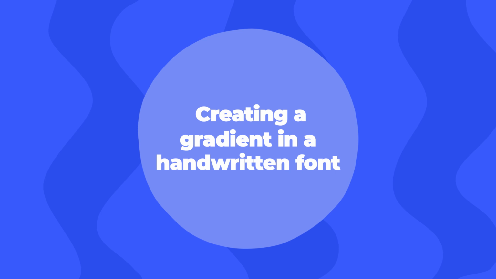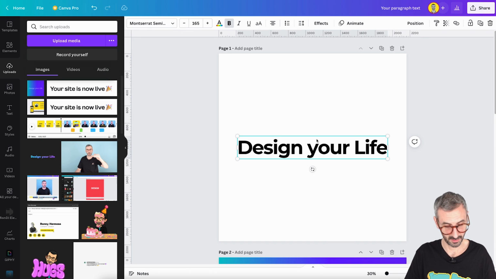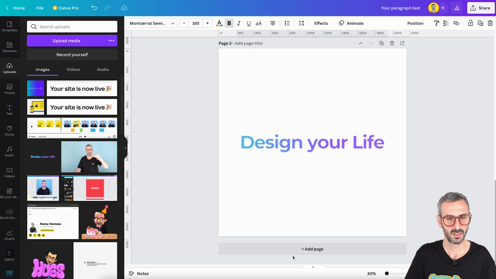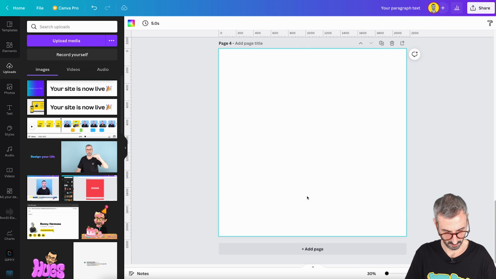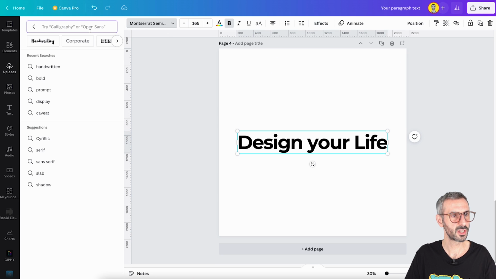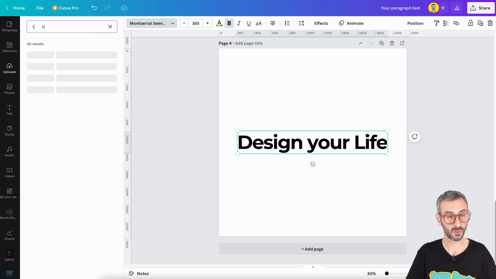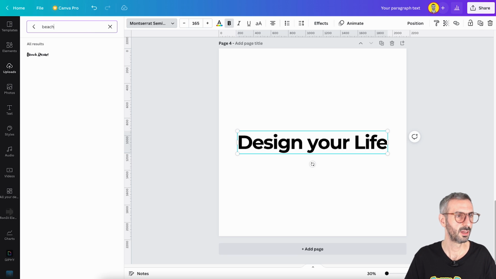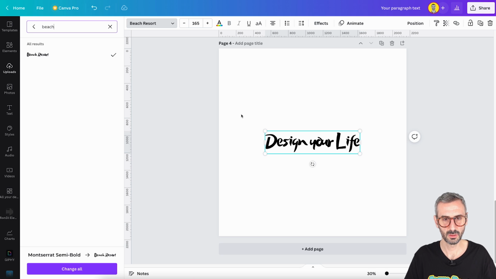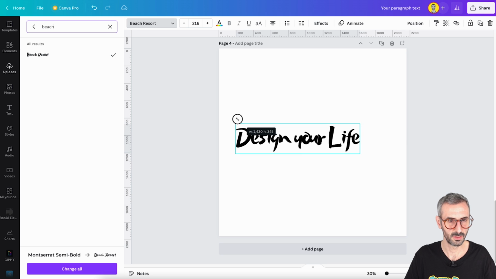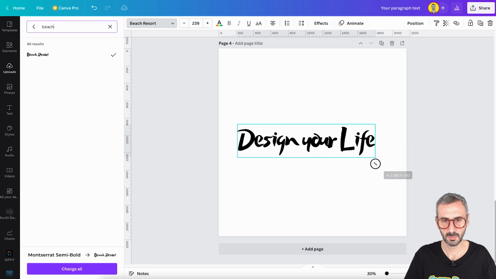Now, let me show you how to achieve something similar, but this time with a handwritten font. So I'm gonna use the same text, design your life, like this sentence. So I'm gonna create a new page, paste that, and I'm gonna change the font for a handwritten font that I like. It's called Beach Resort. Beach Resort, there we go. Okay, design your life in Beach Resort. I'm gonna make that big,